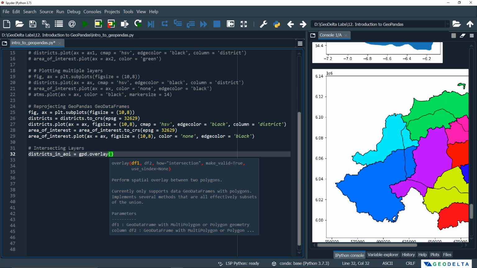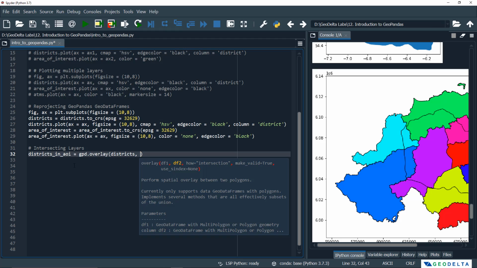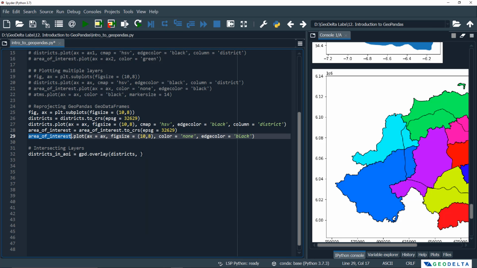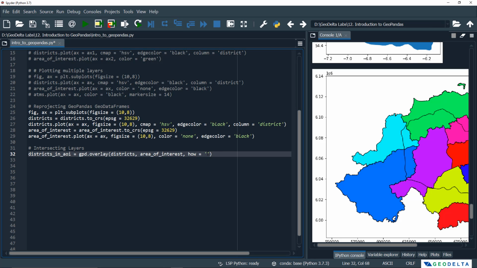gpd.overlay. And over here, I'm going to specify the two layers that I'm going to intersect. So the first layer that I'm going to intersect is this districts layer. And I'm going to intersect that with my area of interest. And we simply have to specify how we need to do this overlay operation. And over here, even in the example that's being provided to us right now, it says intersection. So I'm going to simply go ahead and specify